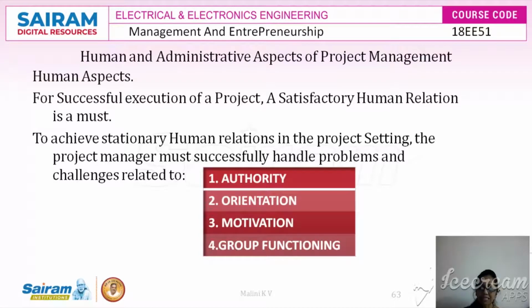His skill is going to come into the picture, and also the professional reputation of the project manager is going to be based on the way he handles all the agencies on the same platform. It is also greatly connected to communication and the passion for the work. So once this authority exercise is completely taken care of by the project manager, the second one is going to be the orientation.